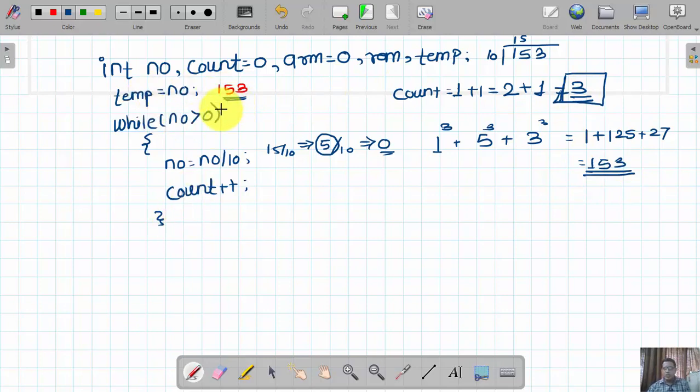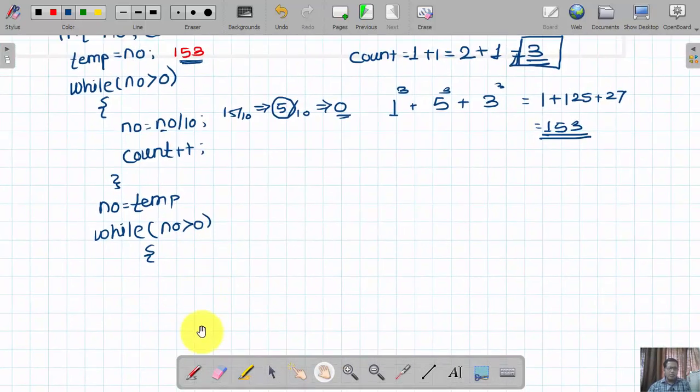So again, to find this, meaning to separate the digits and calculate the sum of the nth power of each of these digits, where n is nothing but the count, that is the total number of digits present in this number, again we have to design a while loop, fine. Here the value of number has been updated to 0, right? But we have to deal with the original value. So what I will do is, again number is equal to 153, then while number is greater than 0.